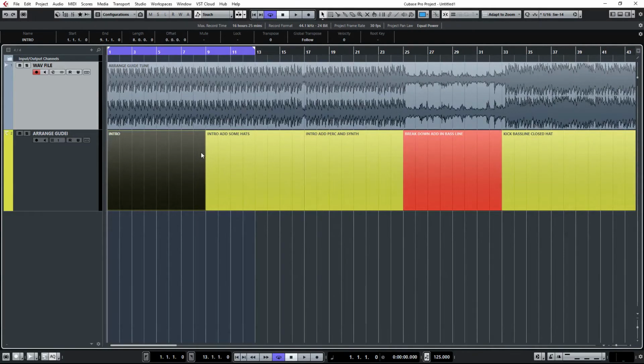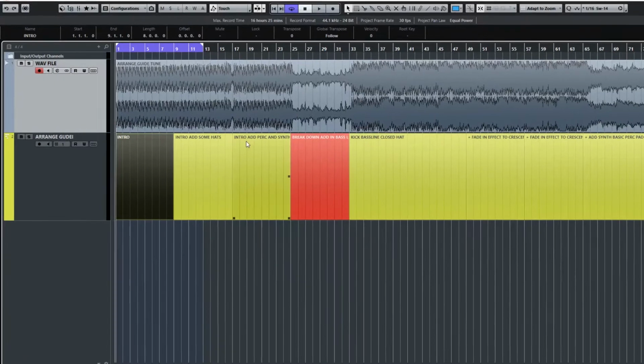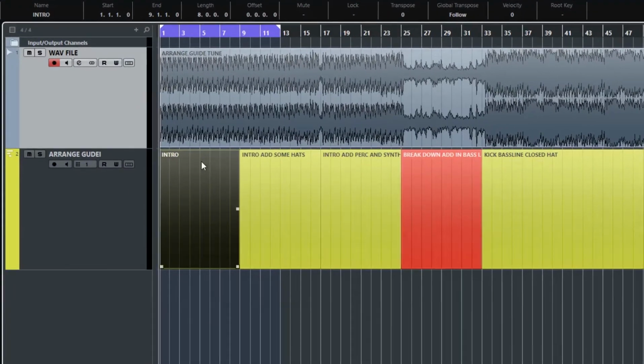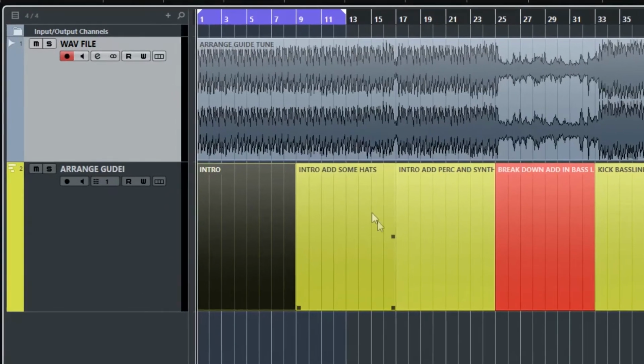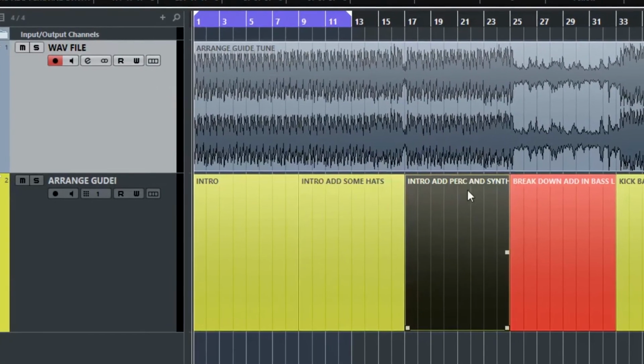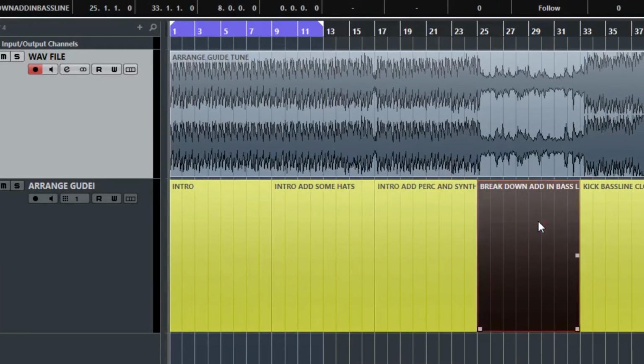You kind of just have to see it like you've got an arrangement guy sitting next to you. So you put your track into the DAW, you've got all your tracks below it, and you create another track where you can just create MIDI clips and name them, and just go around the track, write things like intro. You do it, please yourself how you do it. Here, add some hats, percussion and synth is added to what was already there.